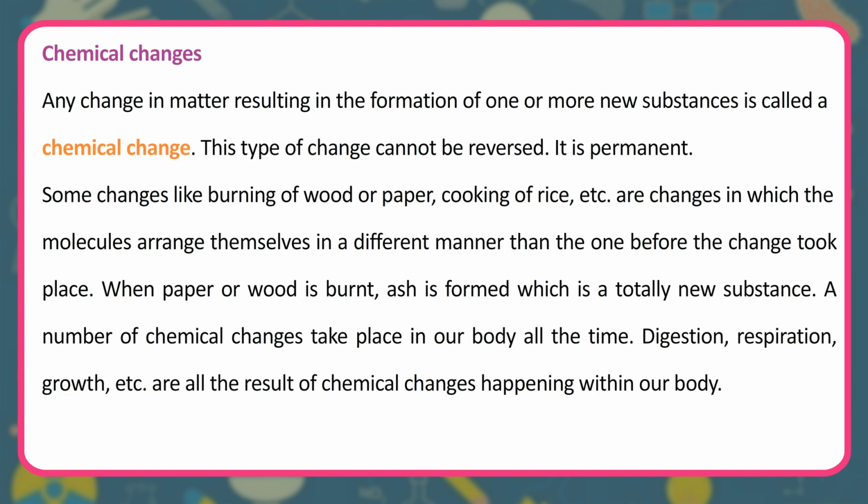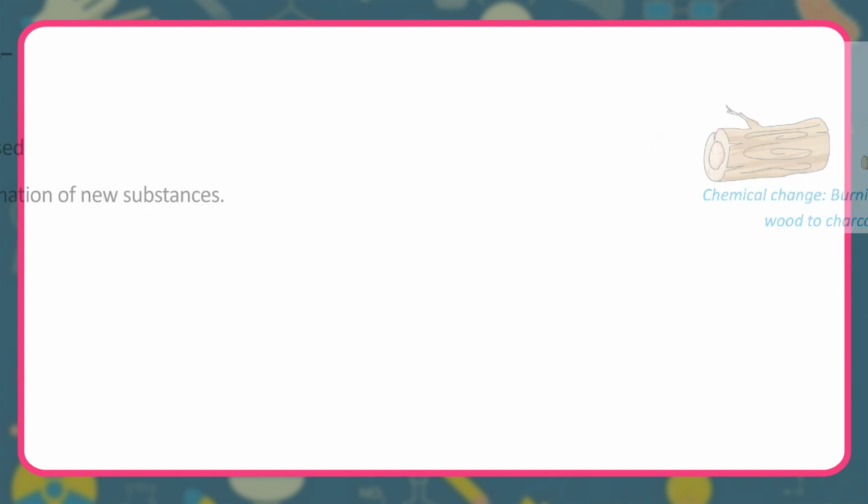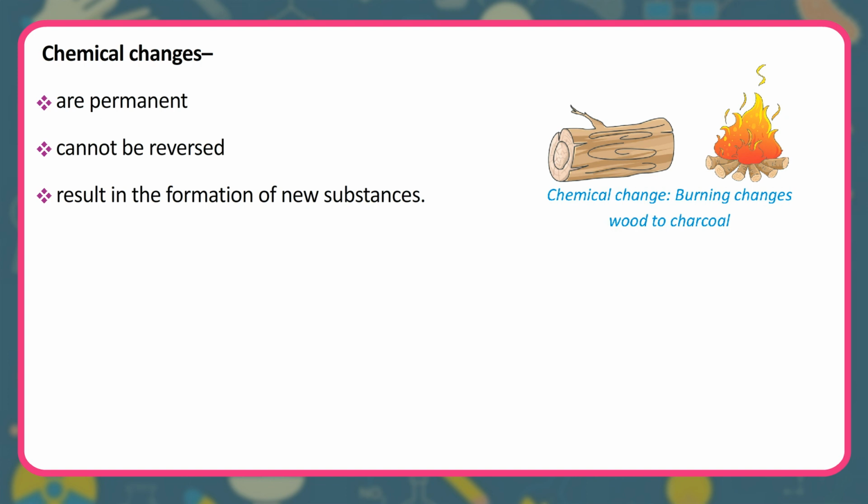A number of chemical changes take place in our body all the time. Digestion, respiration, growth, etc., are all the result of chemical changes happening within our body. Chemical changes are permanent, cannot be reversed, and result in the formation of new substances. Chemical change, burning changes wood to charcoal,